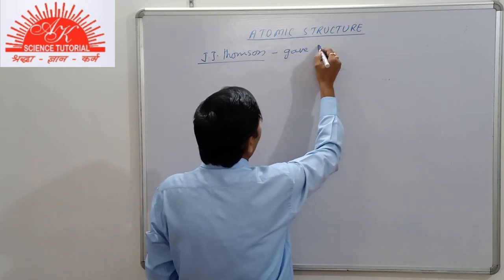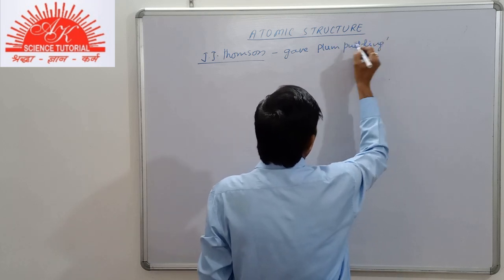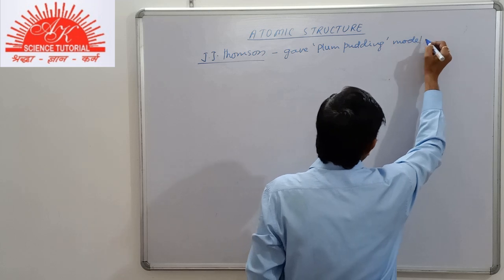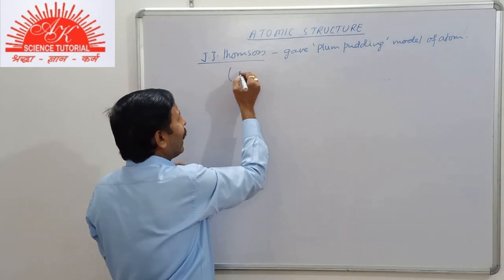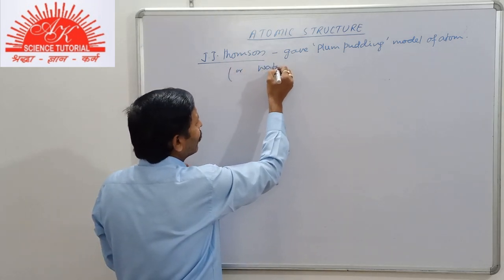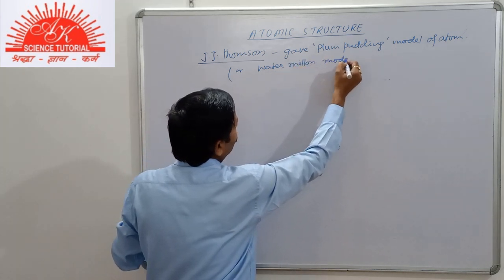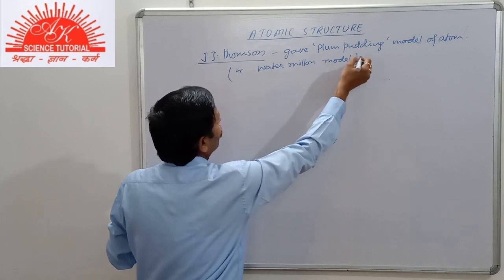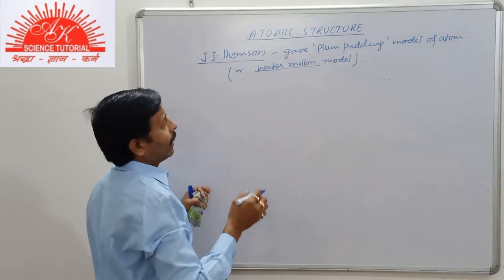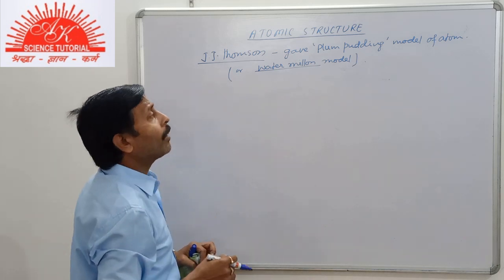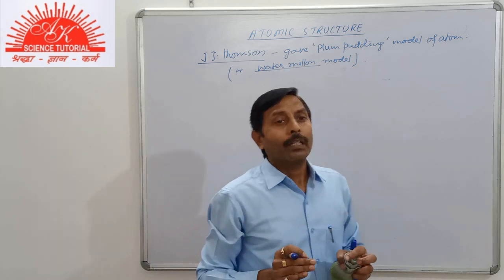J.J. Thomson gave the plum pudding model of atom. It is also compared as the watermelon model. Watermelon we commonly call tarbooz in Hindi. So similar to that. According to this model, the plum pudding model, he told that the complete atom is in the